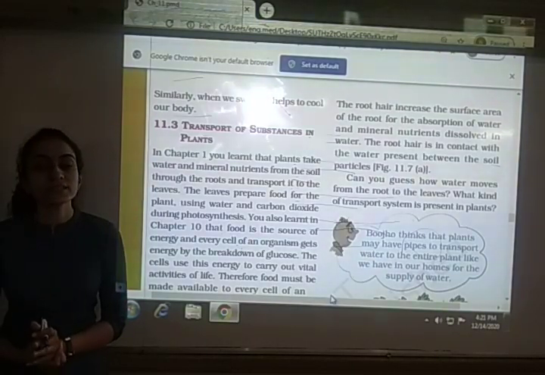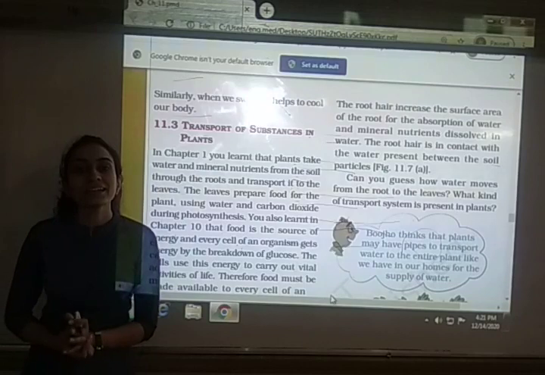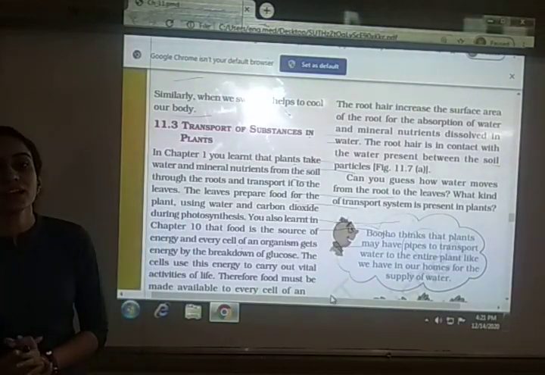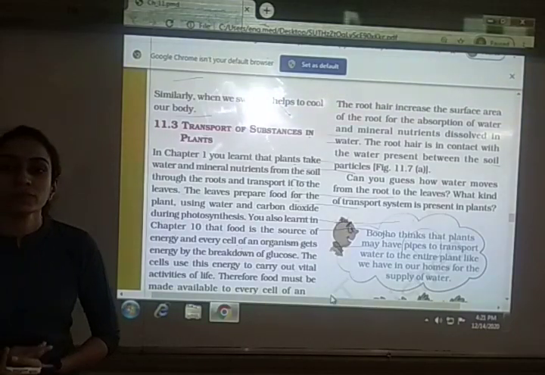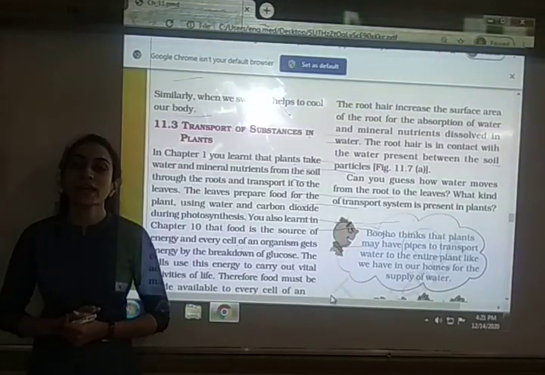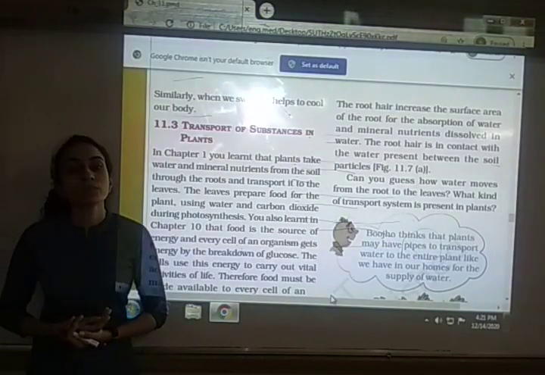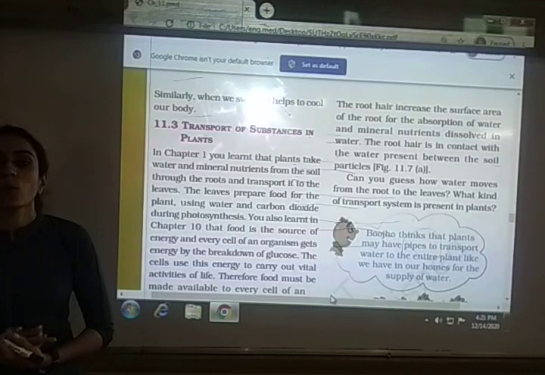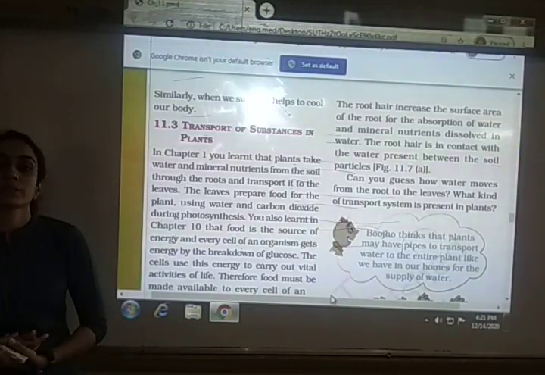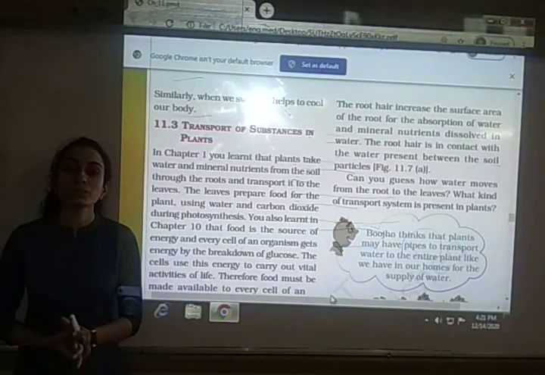In that we had seen the blood is made up of plasma, which is a fluid, and in that some of the blood cells are suspended, or you can say they are floating in the fluid. So we had then seen the different types of blood cells. In that we had seen three types of blood cells: red blood cells, white blood cells and platelets. Then after we had seen the function of these different blood cells.